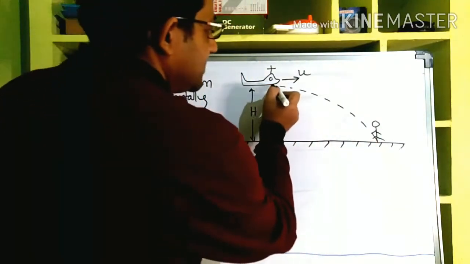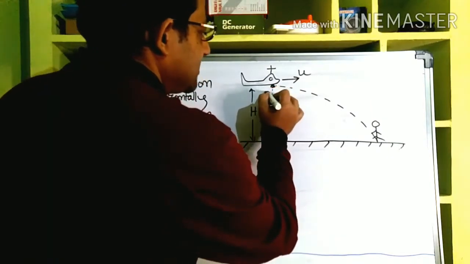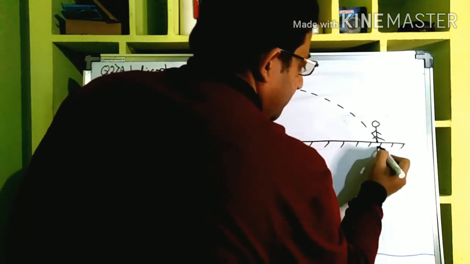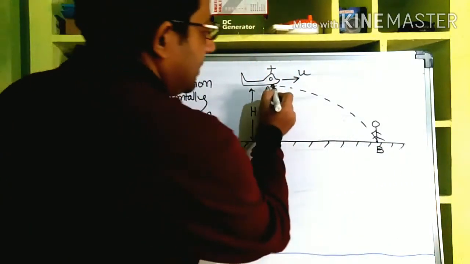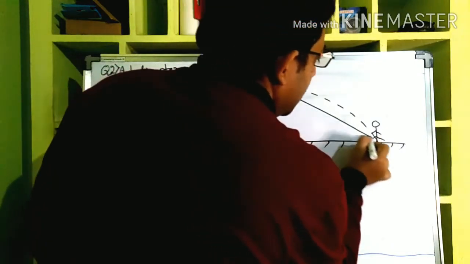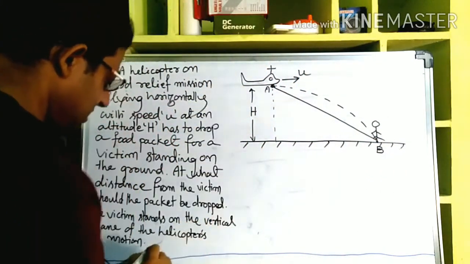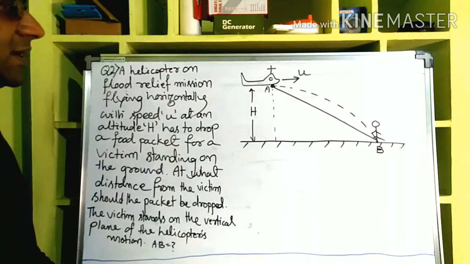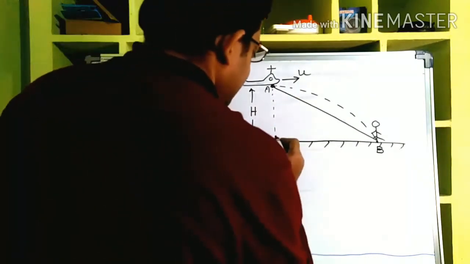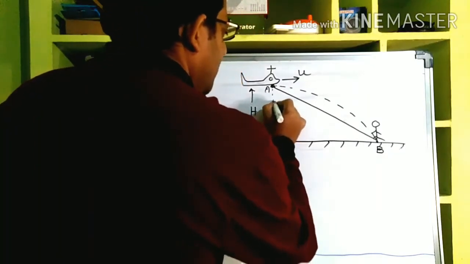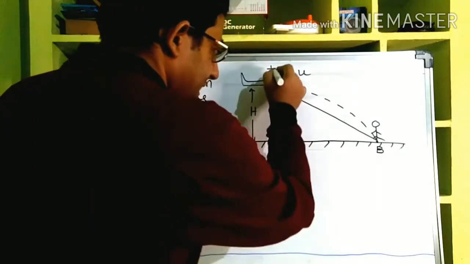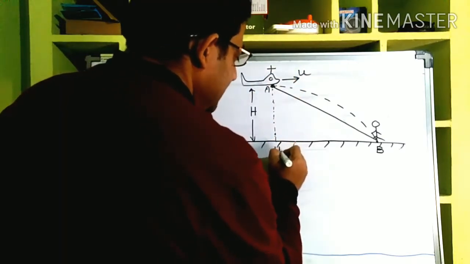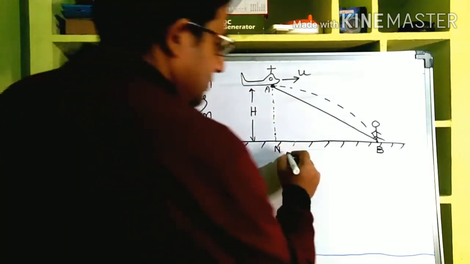Okay. So basically what it is asking, let's give some names. Let us say this point is A, where he should drop, and where it should fall, let us say that point is B. Then how much is AB? This is the question. Now let us say, if you drop a perpendicular from the helicopter, this point is N. Then BN is equal to how much?